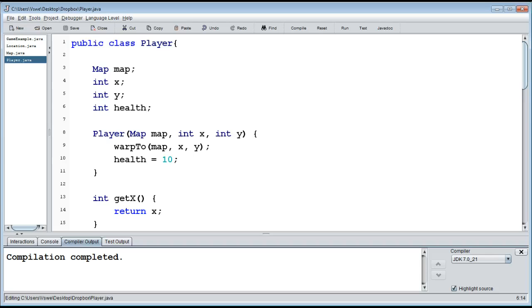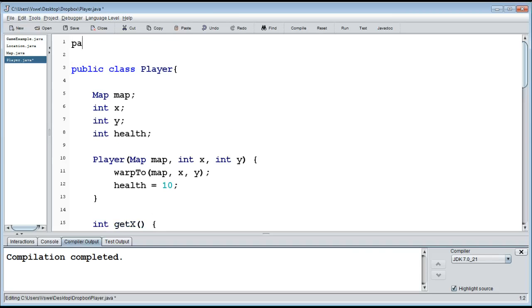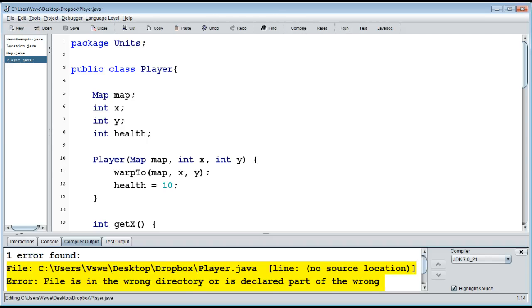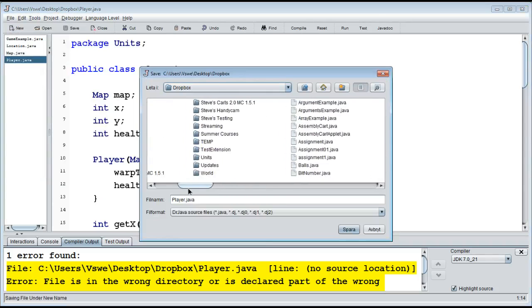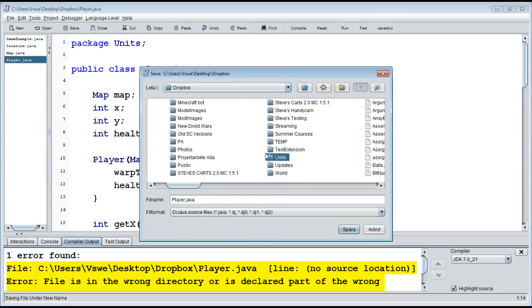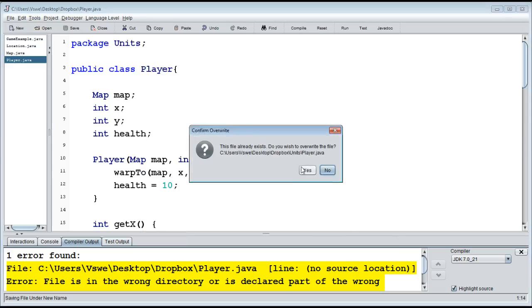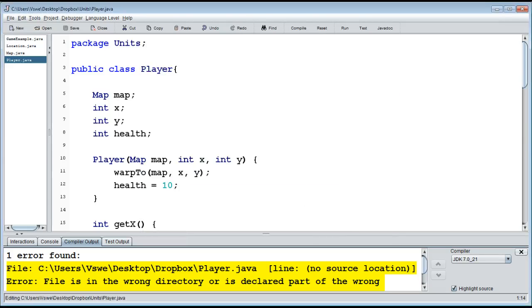So what I'm going to do is place the player here in a package. The package I want to place it in is units. So you can place players and mobs and everything in there. And I'm going to hit compile. Now it's going to complain that the file is in the wrong directory, because if I ask it to be in the package units, then I should place it in a subfolder called units. So if I hit save as here, and I have that prepared already, I have a units folder here, and I can save, overwriting the one that's already there. So there we go. Now it's in the correct folder,